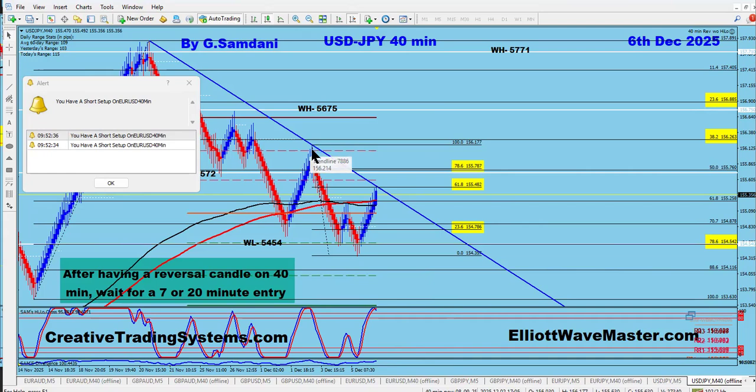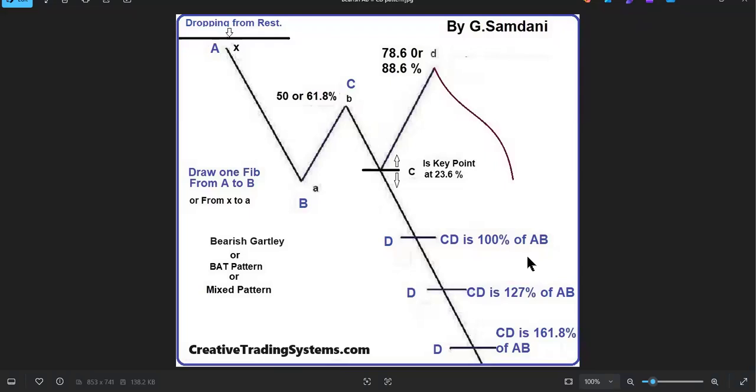So let's say this is from here to here. I have one of the diagrams. Let me show you what the diagram is. If the price drops and then retraces either 50 or 61%, and even 78%, but I'm showing 50 or 61 here, then usually it goes back to the 23% line, going for the downside if the trend is down, right? But what happens is that when it comes to this 23% line, which is also 61% of this rise, now you have a choice. One of two things is going to happen. Either it's going to bounce from here and then go for an extension over there,